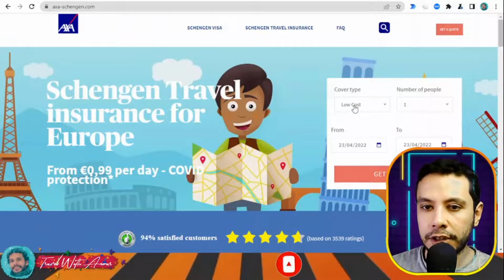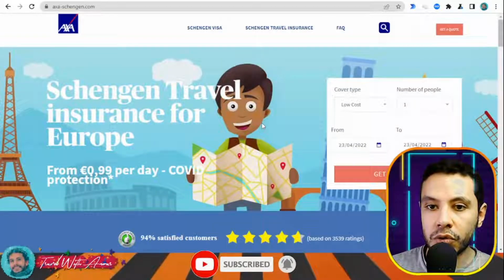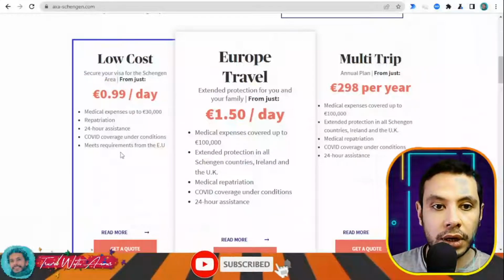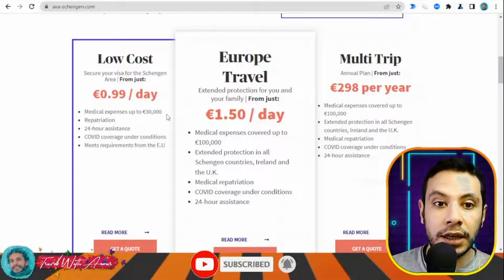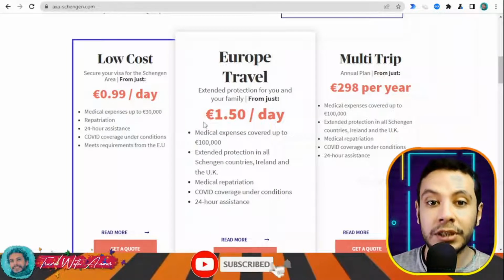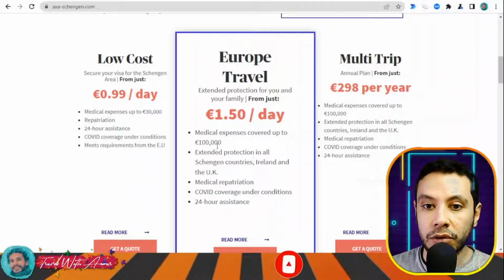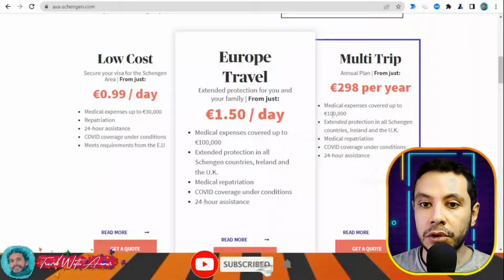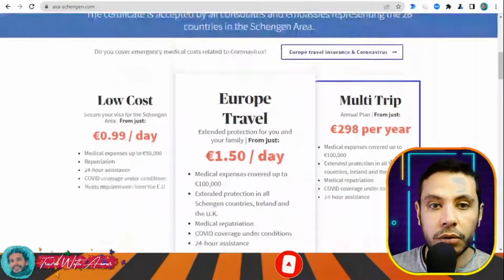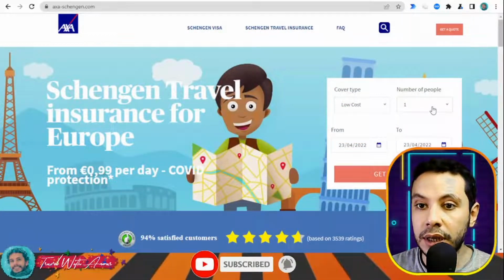Here you have different types like low cost, Europe travel, or multi-trip. So what is the difference between all these? For low cost, it is up to 30,000 euros, and this is the required rate for Europe, so you can apply for it. There's also another one for 100,000 euros, and another one for 100,000 euros but per year. So let's just go for the low cost one for 30,000, the one that we need,